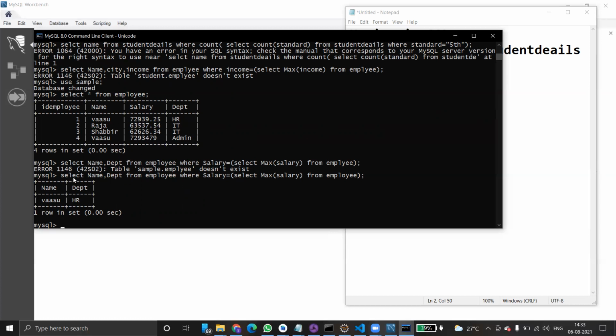But the maximum salary of an employee should come here. I don't know why it is showing this one. Let me execute once again: name, comma, department from employee where salary equal to select of maximum of salary from employee. Of course, it should show Vasu and admin.